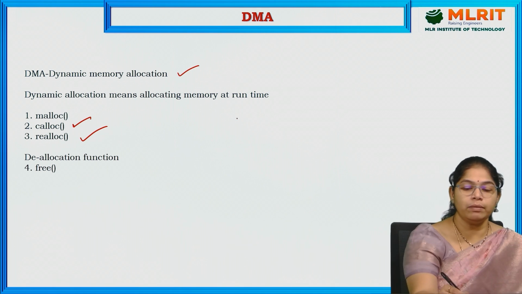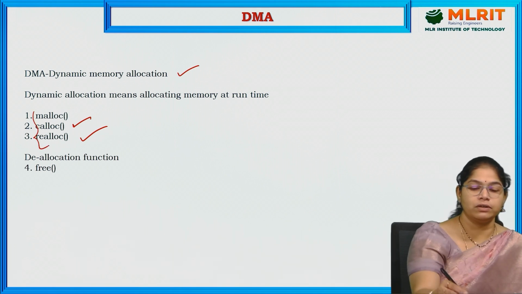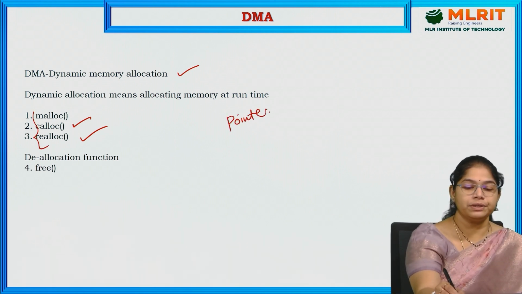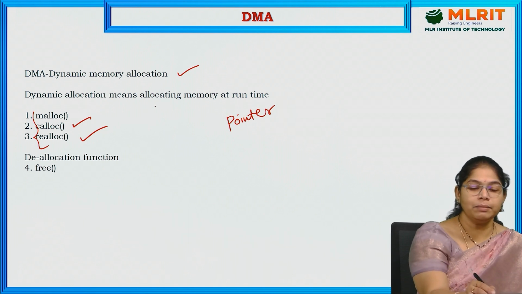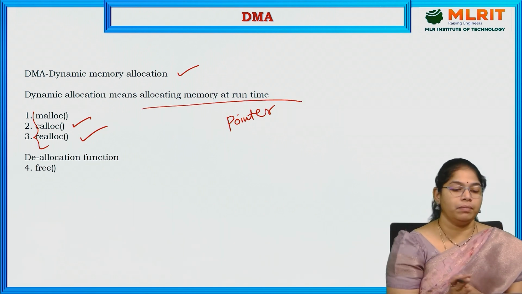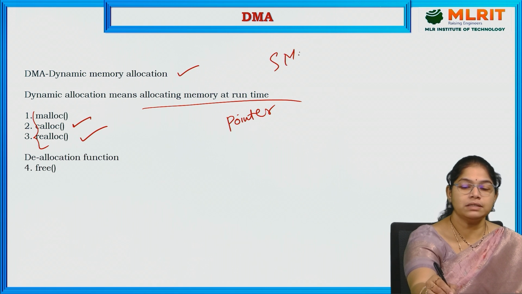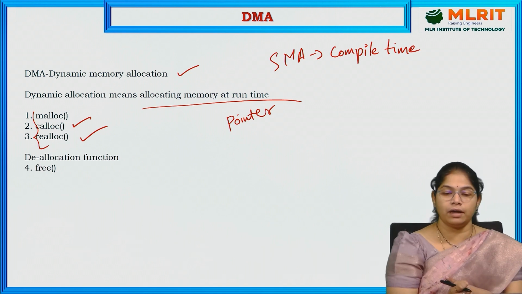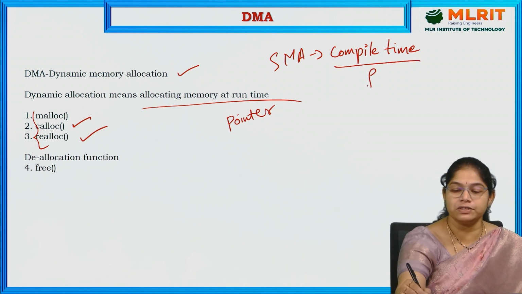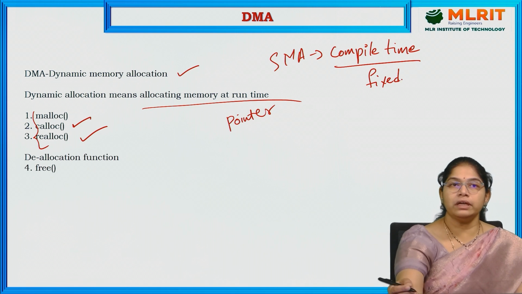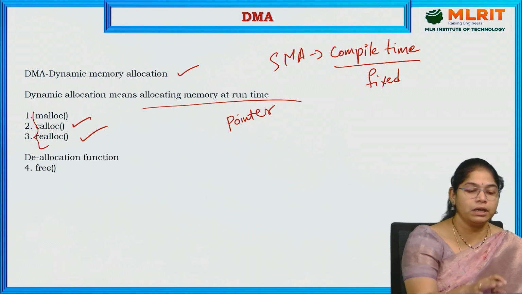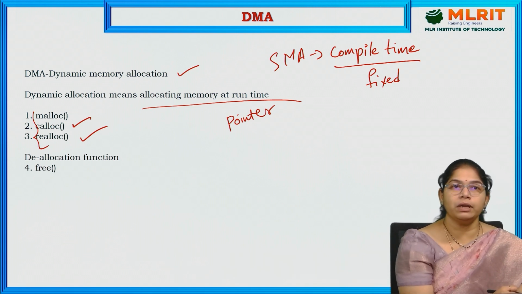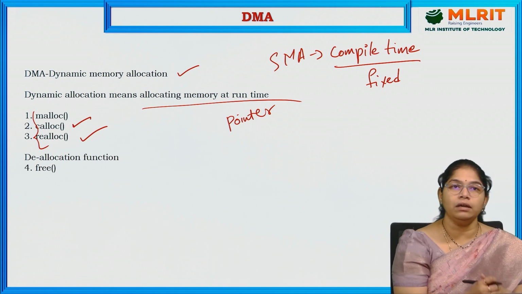Not only that, we need a pointer to use these functions. So, in DMA, the memory is allocated at runtime. In SMA, the memory is allocated at compile time. In DMA, the memory is allocated at runtime. It means in SMA, the memory is fixed. We cannot increase or decrease the memory. But coming to DMA, based on the programming needs, we can increase or decrease the memory using the malloc, calloc,